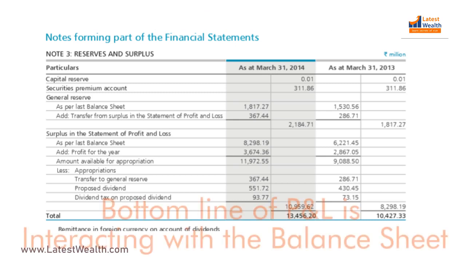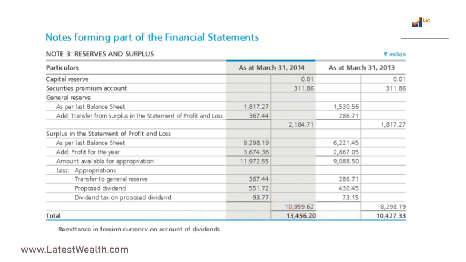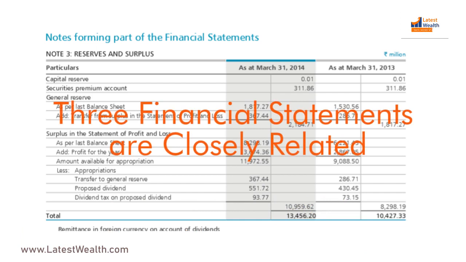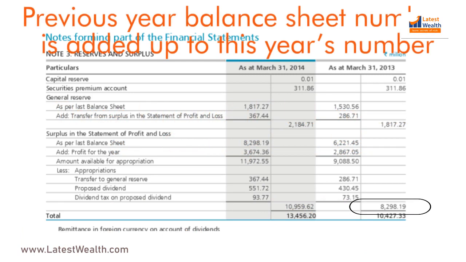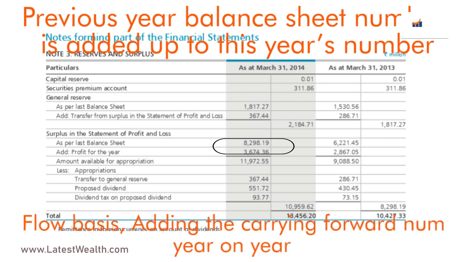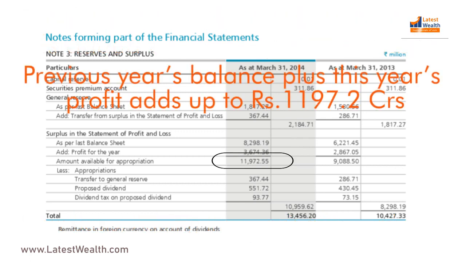point by point. Notice how the bottom line of profit and loss is interacting with the balance sheet. This is actually a very important point. This highlights a very important fact. All the three financial statements are closely related. Now notice how the previous year's balance sheet number is added up to this year's number. This highlights the fact that the balance sheet is prepared on a flow basis, adding the carrying forward numbers year on year. Now previous year's balance plus this year's profit adds up to rupees